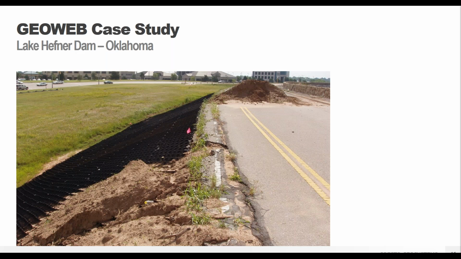So you can see that coming in here. And the GeoWeb was actually put right up against the edge of the road pavement to really try and minimize any potential for a scour area. By putting the GeoWeb right up against the pavement, the overtopping water flow can come horizontally across the pavement and then right on to the GeoWeb system, which is going to prevent that erosion, prevent scour, and help hold the road in place a little bit better.